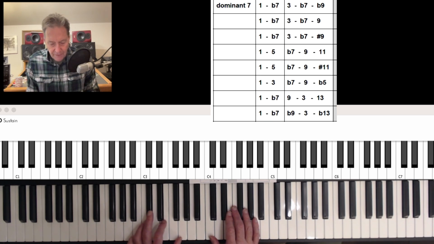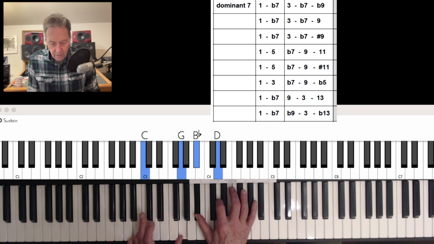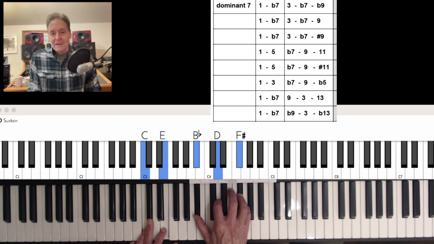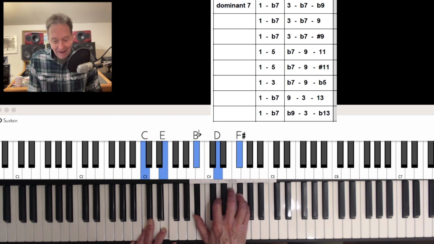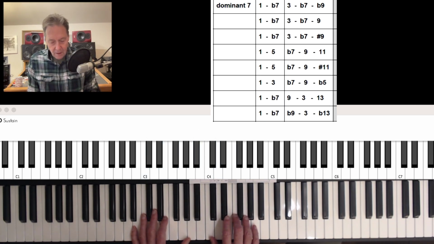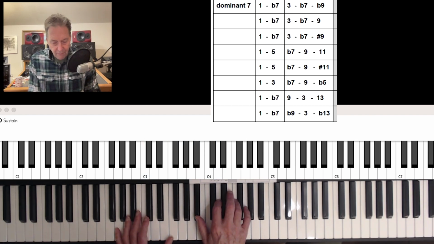If there's already a 5, you call it the sharp 11. If there is no 5, then you can call it a flat 5. And this is really getting picky, and I really don't think it much matters which one you do. They almost sound identical. All right, so here we go, 2, 5, 1,